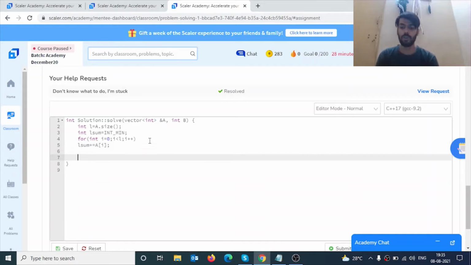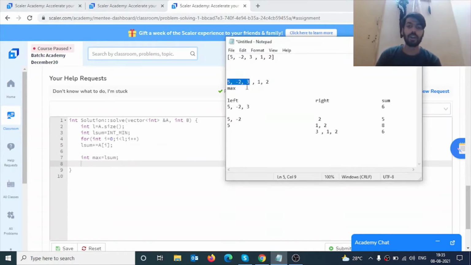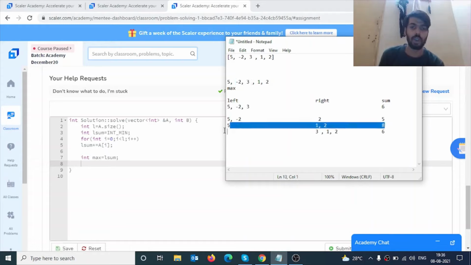Now we will take one max variable and put L sum in it. For popping out, in this array we will pop out 3 and pick 2. We will then pop out this element, so our left will be 5 and right will be 1 2. Then we will pop out this element and our right will be 3 1 2.